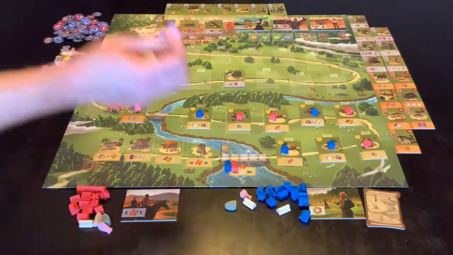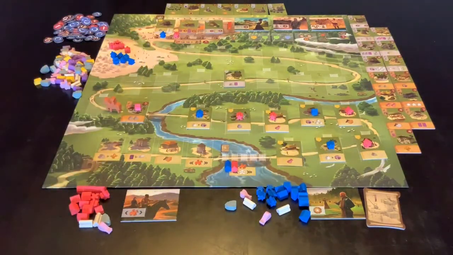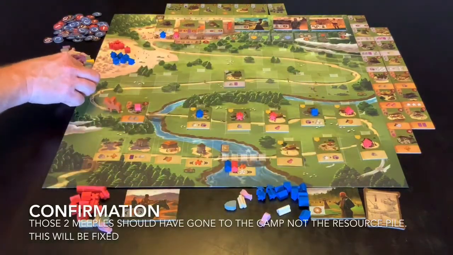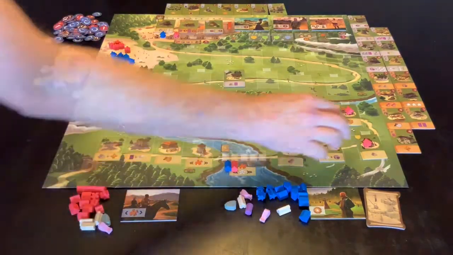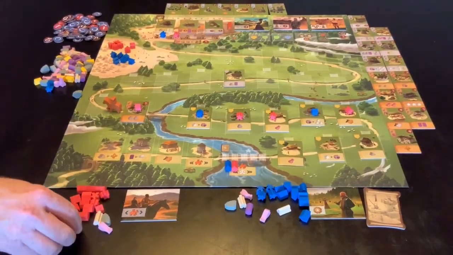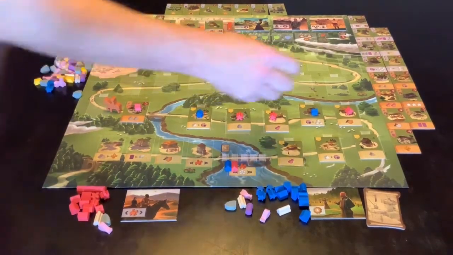Blue now gets another chicken leg. Blue trades in another guy for a resource, and he's going to take the purple resource. Red is getting wood. Red now is going to trade something in. I'm going to suggest he's probably going to trade into wood to be able to build something, and I think he will